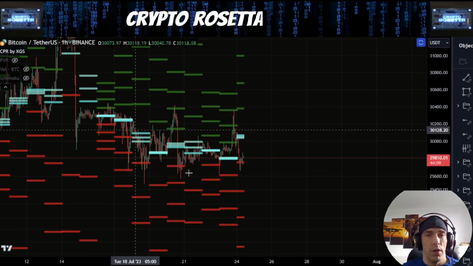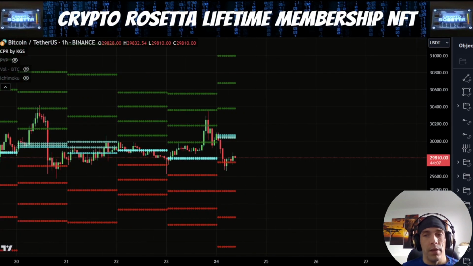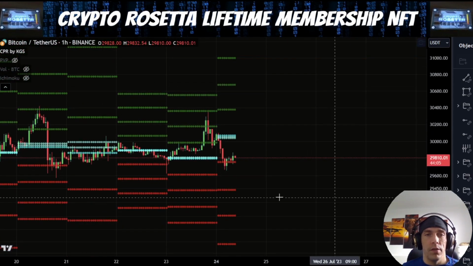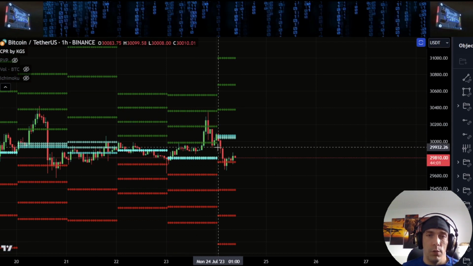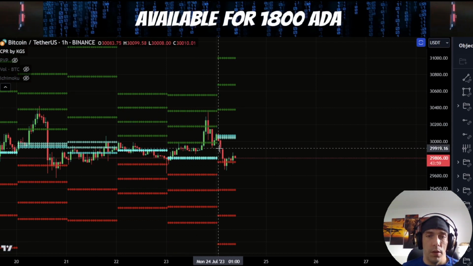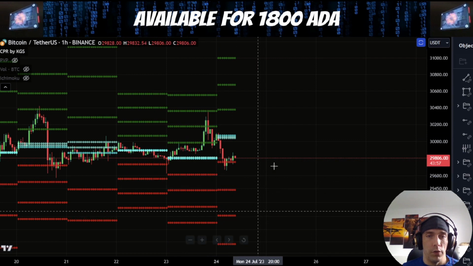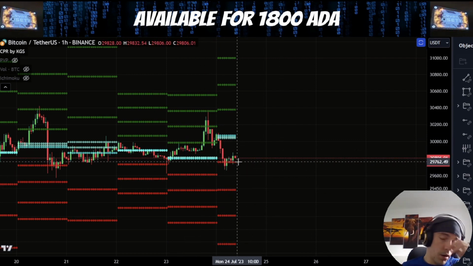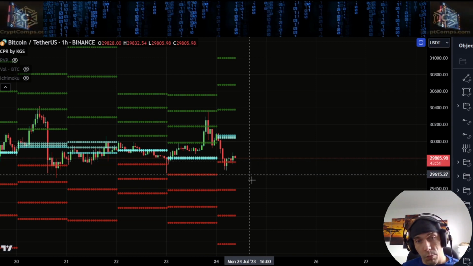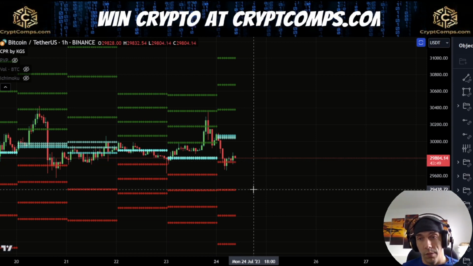Now, having a look at the daily CPR lines here, what we can see is that we actually did print a higher CPR, but we came down into it towards midnight, and then we actually rejected off this zone. We are still currently holding this S1 line, which is a good sign, but if we start to lose this, what we could potentially see is price could get gravitated towards this